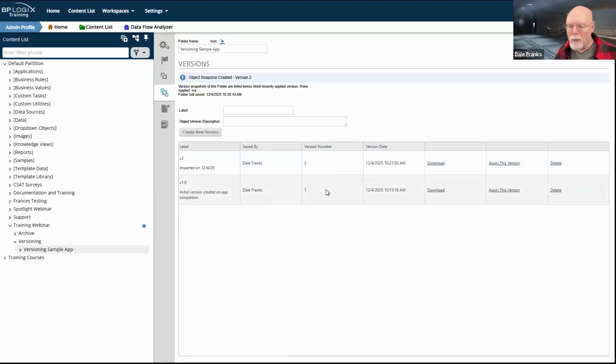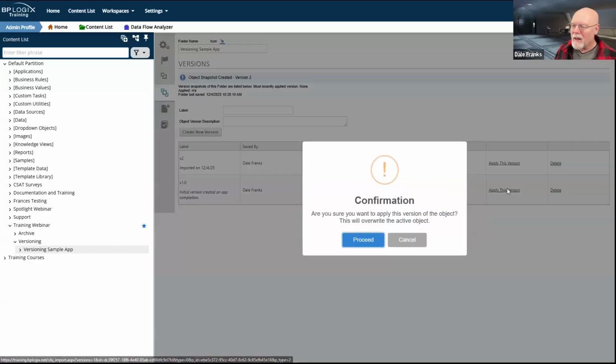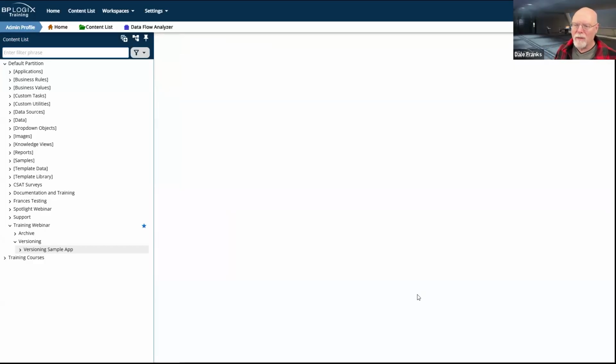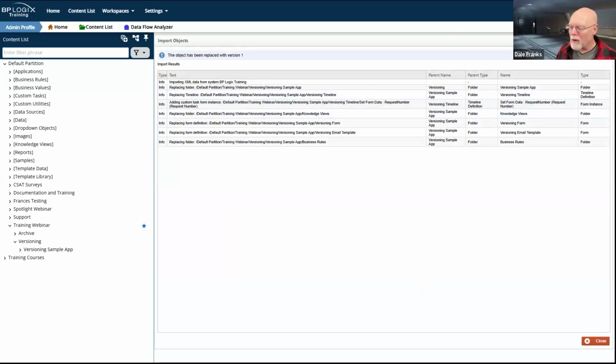So just as we saw a moment ago, when I got rid of the change to the timeline, let's say I do an import and I've missed something in my testing. This application has gone wonky because of the change that I made. Okay, fine. There's something wrong with the application. The new version doesn't work. I'm obviously going to have to work on the dev server to fix that, whatever the problem is on that version. But in the interim, I am going to want to apply this old version back to version 1. And so we've now replaced our imported object with version 1.